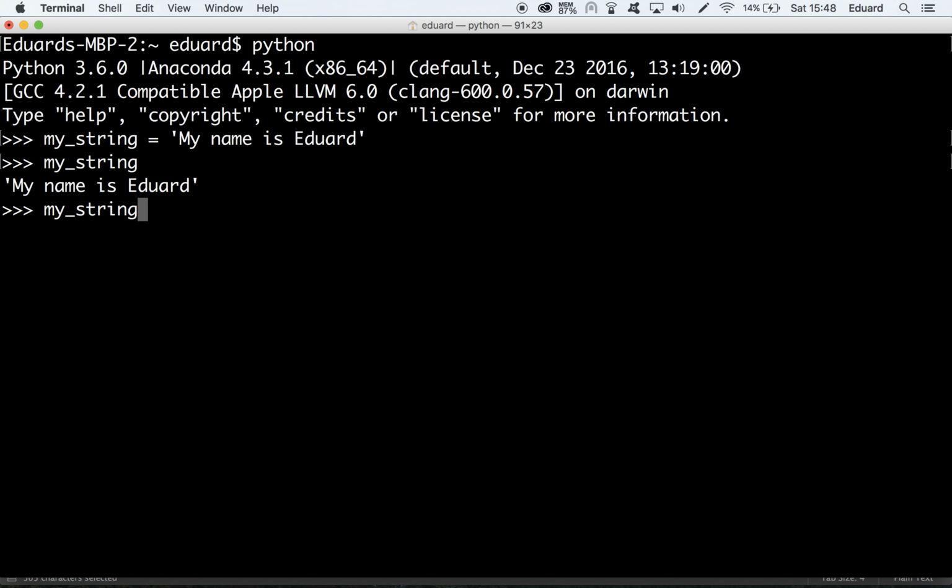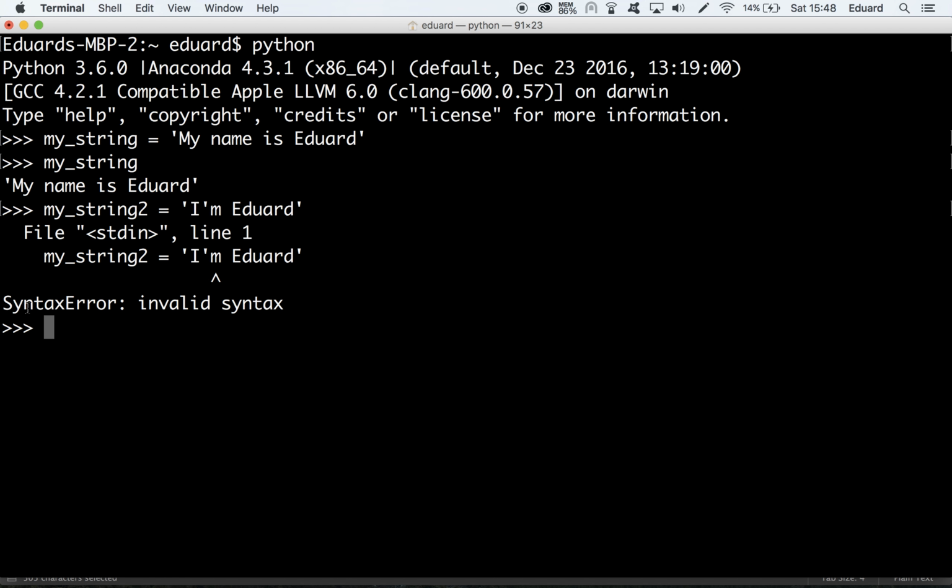Let's now define a second string. my_string2 equals 'I'm Edward'. And as you can see, this returns a syntax error. Virtually, when you enclose the string between quotation marks, like we have done here, for example, in the first case, you tell Python where the string begins and where it ends. Ours began at capital M and ended at lowercase d, whereas in the second case, it began at capital I and apparently it ended at I, as Python recognizes the first single quotes it encounters as the terminal endpoint